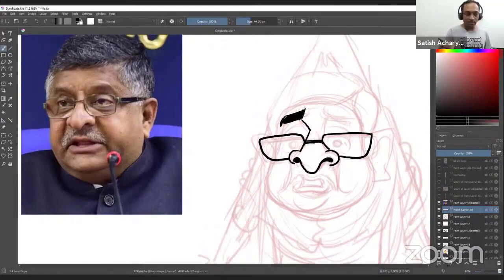I want to show this character with a slightly worried look. So I'm adding an expression here. Eyebrows and eyes, they play an important role in showing expression. I want to show his eyes bigger.